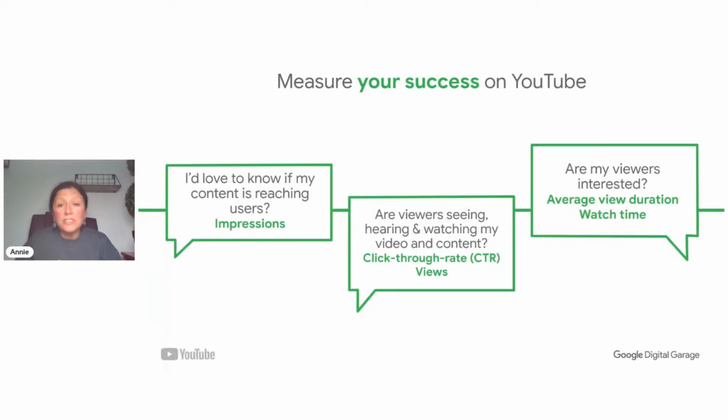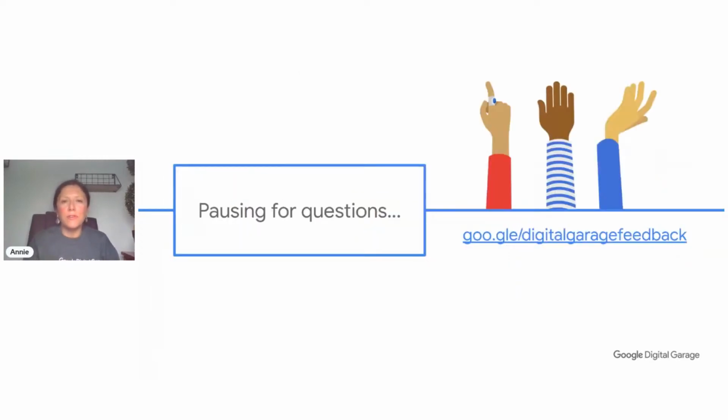So how do we measure success? Impressions, that is if somebody sees your thumbnail of your video, but they don't necessarily watch it. However, if they see the thumbnail and they click through and they watch it, that's called a click-through rate. And then the views is how many times they view it. So looking at these different metrics helps us to understand what level of interest we've got with our viewer, how connected they are with the content we're doing and how interested they are. Of course, we can measure if certain content gets a longer duration than others, and that will tell us the kind of content we want to create in the future.